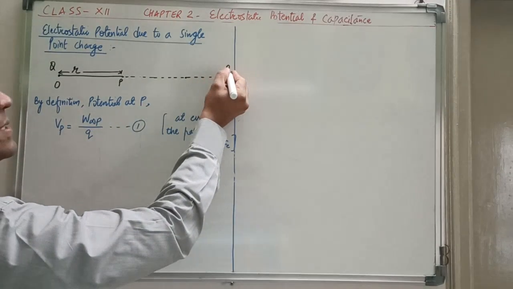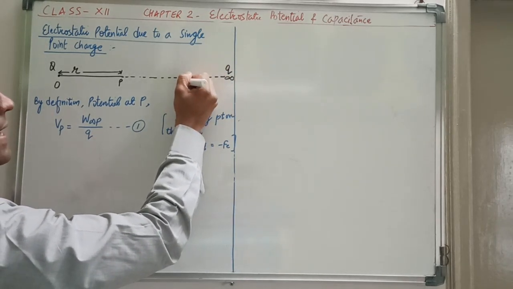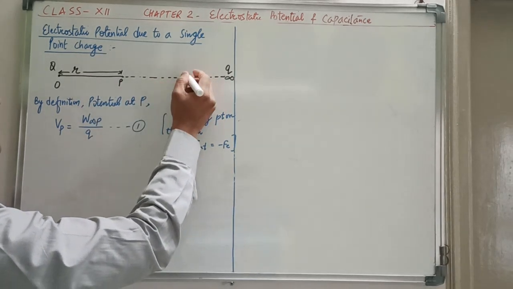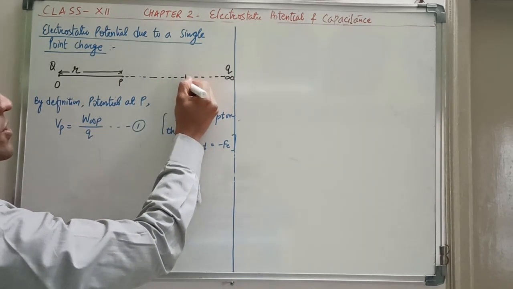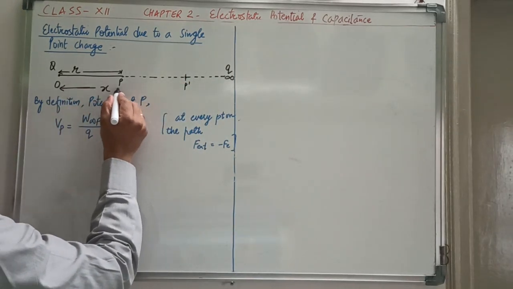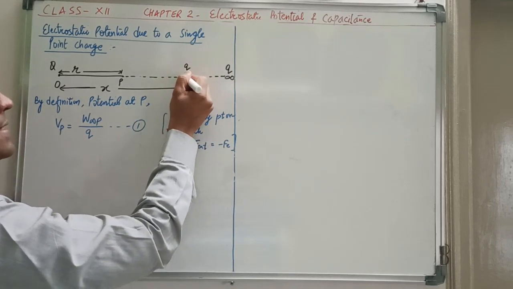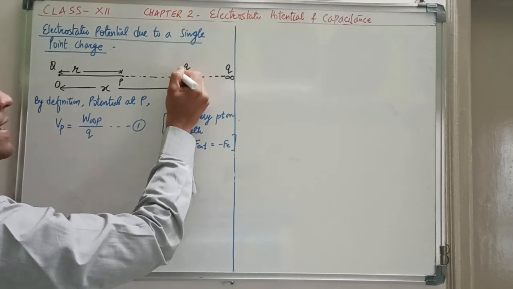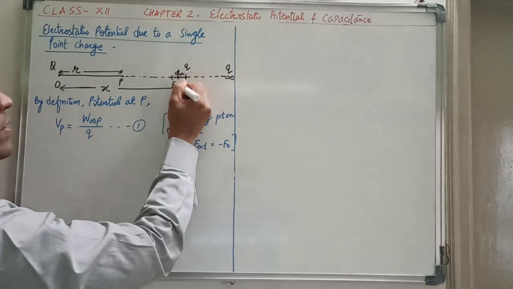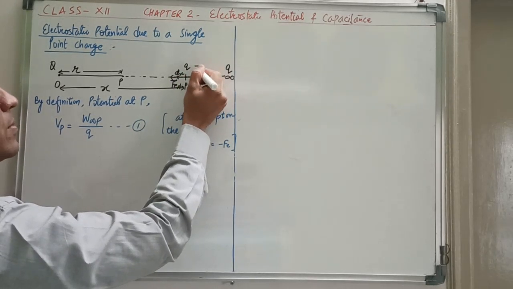let the charge be moved from infinity by a very small displacement here, and let at any intermediate stage when the charge is brought to this point, let me denote this point by P dash, such that its distance from the charge is x. Slowly we moved the charge and came here. Now if we displace it a little further by dx, then dx and F external will be in the same direction here, and the electric force F will be in the opposite direction.